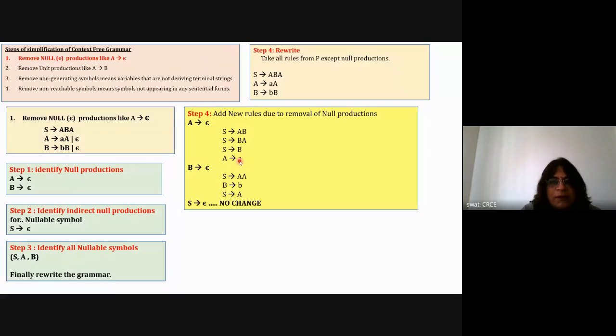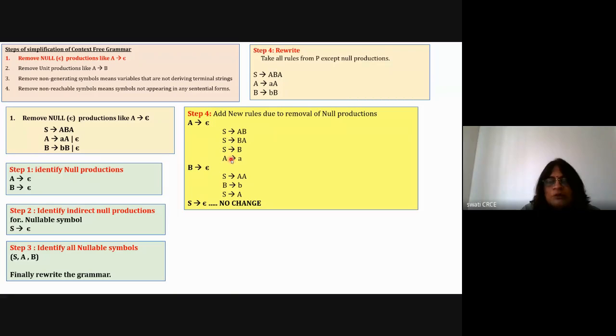Now take the third, S is equal to epsilon. Now if S is equal to epsilon, start from here. There is no S here, so no change. There is no S here in the right hand side. There is no S in all these four, in all these three. Now for S we have to check for all these three rules plus